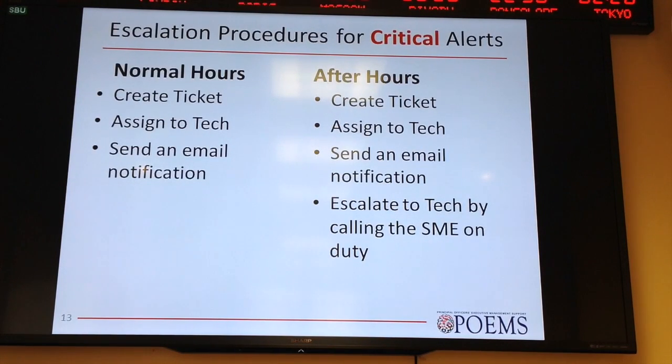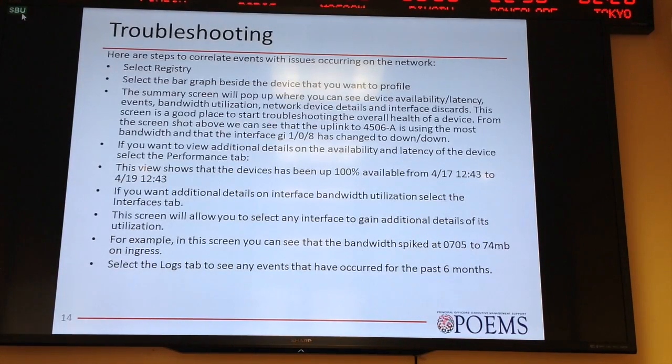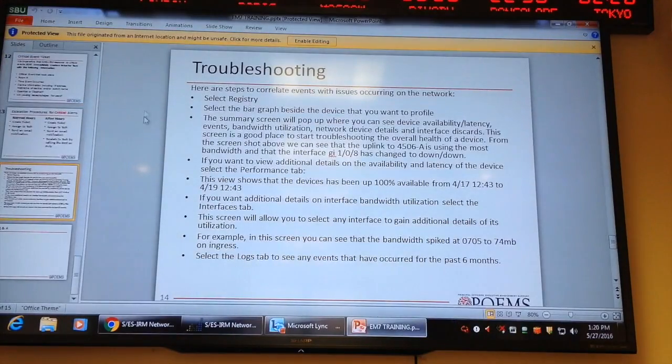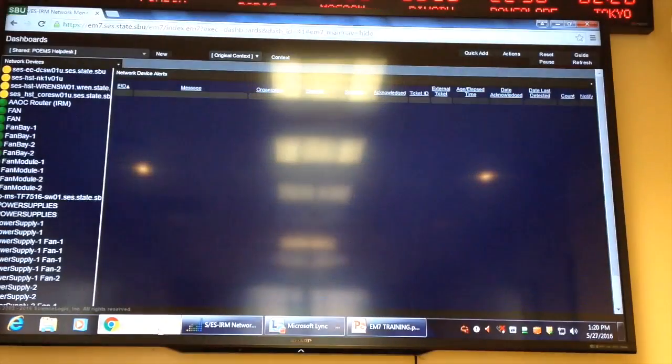So escalation, just like we said: create a ticket, assign it to tech, and that's it. After hours, same process, except the on-call tech needs to be called for any critical event. So, troubleshooting. One area to troubleshoot is